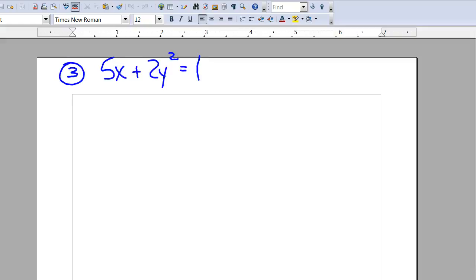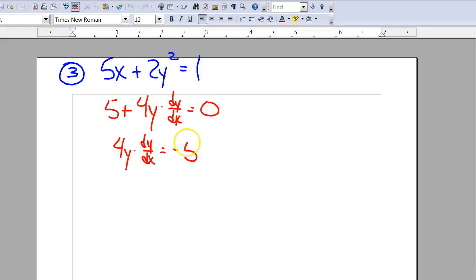All right, so the first derivative would be 5 plus 4y times dy/dx equals 0. So then 4y dy/dx equals negative 5. And dy/dx would equal negative 5 over 4y. Then I have to take the derivative of that. So the second derivative over here,